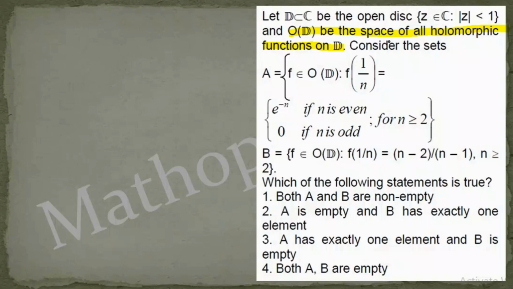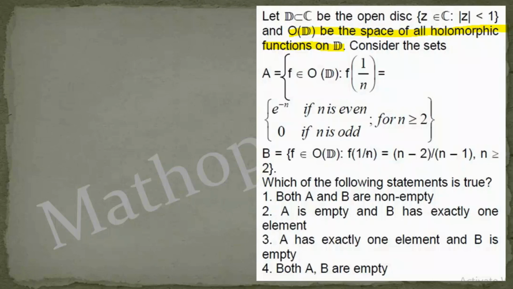இந்த இதில் வந்துட்டு space of all holomorphic functions கொடுத்துருக்கனால், holomorphic functions cannot take two values. ஸோ நம்ம இதை பார்க்கும்போது we can tell that option A takes two values, e power minus n, n ஈவனாக இருக்கும்போது e power minus n and odd இருக்கும்போது it takes 0. So therefore A is empty,